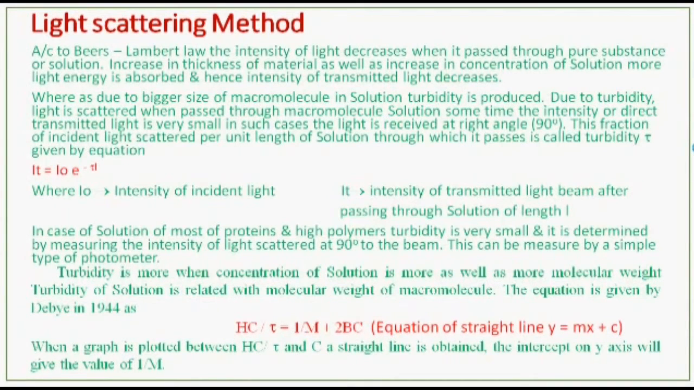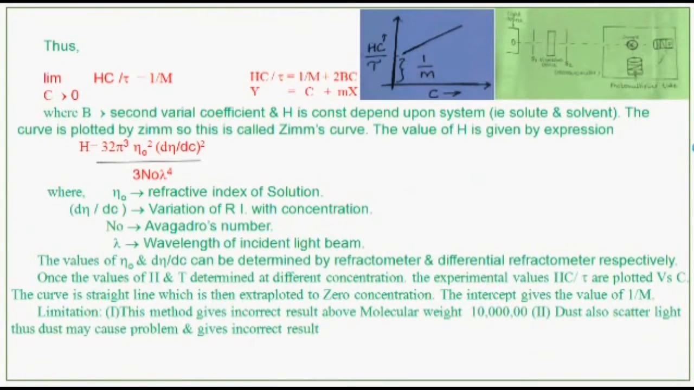As you know, this equation is equation of straight line, that is y is equal to mx plus c. So on y-axis, if we take Hc upon tau, and on x-axis concentration, then what do you get? A straight line is obtained. The intercept of straight line gives value of molecular weight, that is 1 by M, whereas slope of line will be 2B. Thus you can write limit c tends to 0, Hc upon tau is equal to 1 by M, where B is nothing but second virial constant, and H is a constant which can be calculated by using expression H is equal to 32 pi cube eta 0 square in bracket del eta upon del c whole square